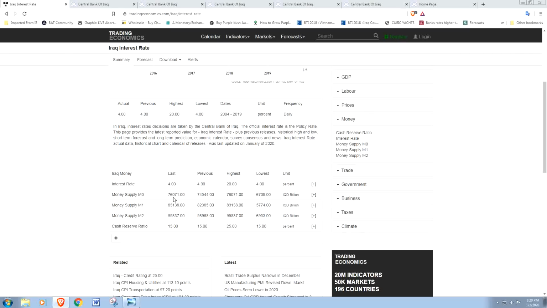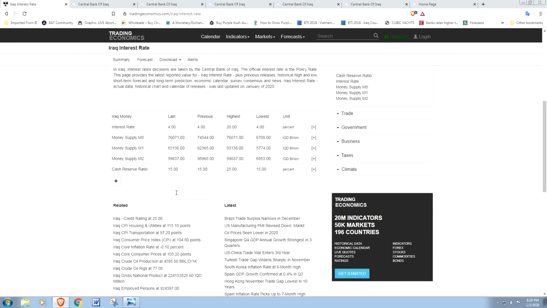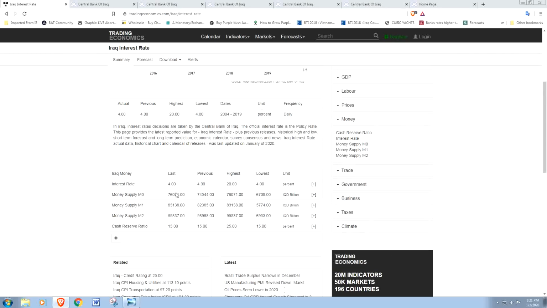But it's not just the currency. Here's the thing that he pointed out to me. He said it's not just the currency that's in circulation, it's the currency plus other assets. So this isn't just the money. This is a combination of the currency, the Iraqi dinar, and assets. So that's not even a real money supply right there, okay? This one was just updated in January 2020: 76 trillion dinars, not dollars, dinars, and that's a combination of assets and money. So let's get rid of this.